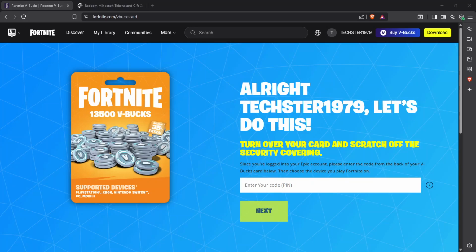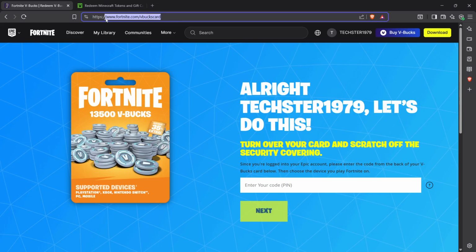In today's video, I'm going to teach you how to pay with a Fortnite gift card. This process is simple and can be done from either your phone or PC. Let's get started. First, you'll need to visit the Fortnite Redeem website. Open your preferred browser, whether that's on your phone or your computer, and type in the following web address,